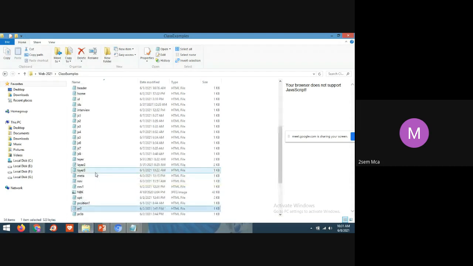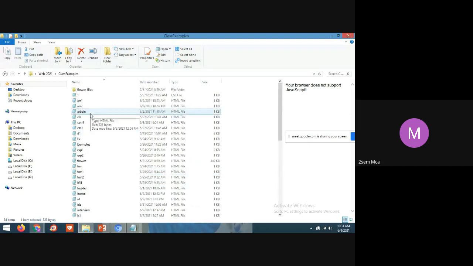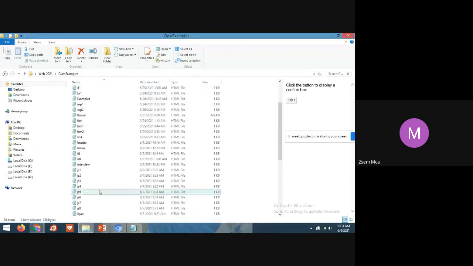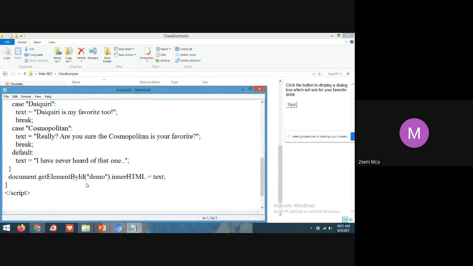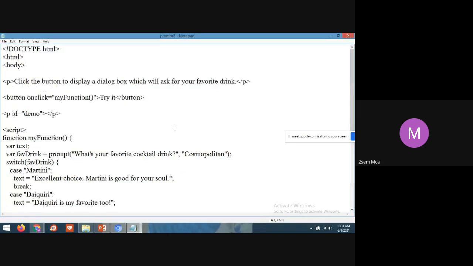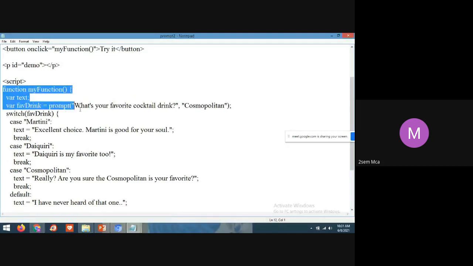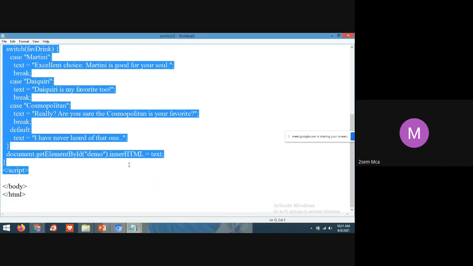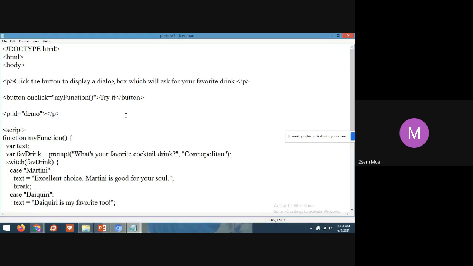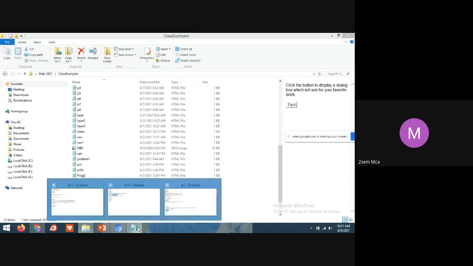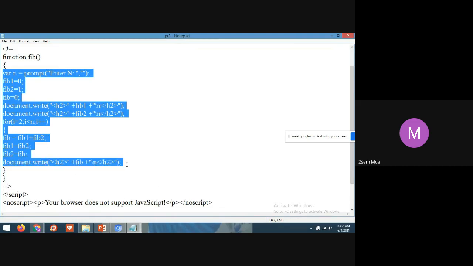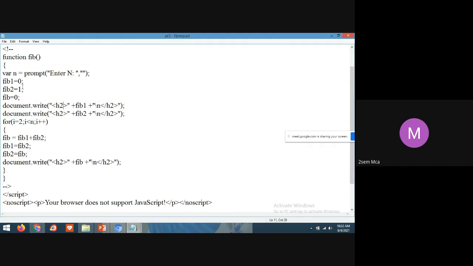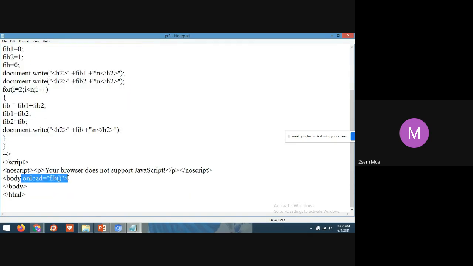See here, this fifth function I have written, whatever code should be inside the function is written here, and this function is called in the body of the HTML program.